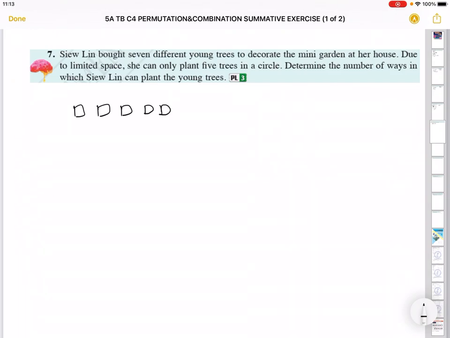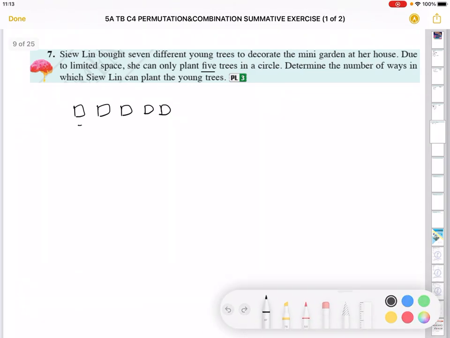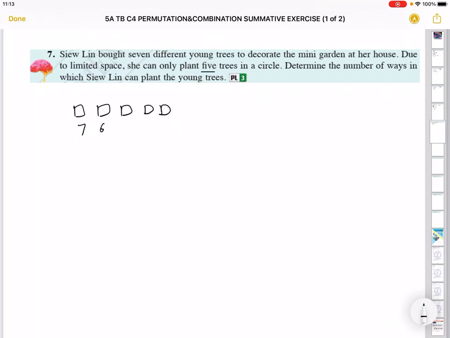I just want to show you this way. You just line up in a row. So how many trees do we want to plant? She only wants to plant 5, right? So the first one you have 7 options, the second one you have 6, the next one you have 5, 4, and 3. Correct? Now the next thing is, this is for arrangement in a row, but for arrangement in a circle, remember,